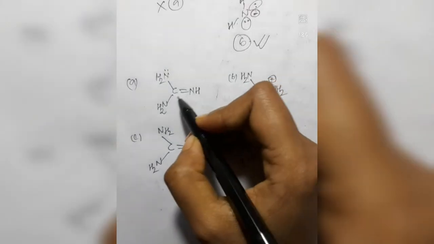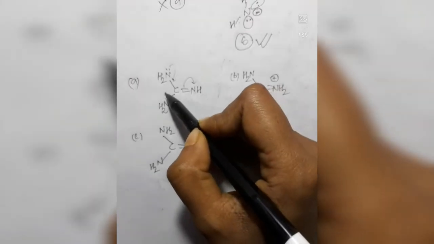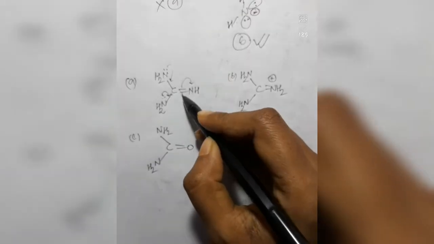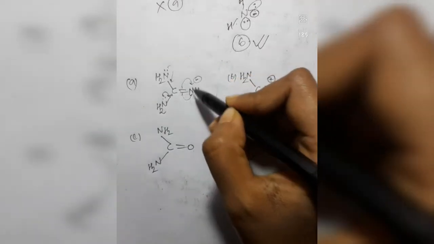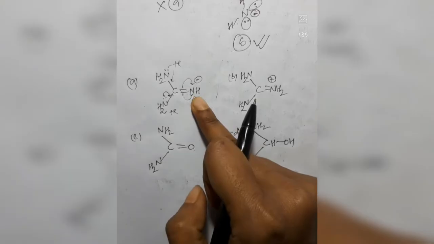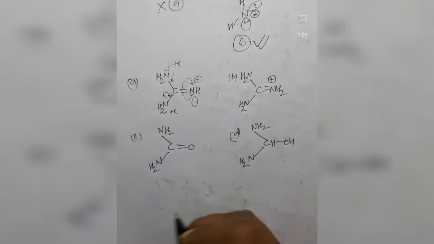Now let us see the molecules that are given in the question. Now you see, in the first molecule here, the lone pairs are resonance stabilized on these two nitrogens. Here the lone pair is coming in and this pi bond is coming onto nitrogen. The other resonance structure will be that these lone pairs donate electrons and form a bond, and this electron density moves towards nitrogen. That means the nitrogen now has a negative charge and also a lone pair. So there are two plus R effects here. This is showing plus R effect and this is also showing plus R effect. So the electron density on this nitrogen is heavily increased because of the two NH2 groups, which are donating electrons. So this will be highly basic.